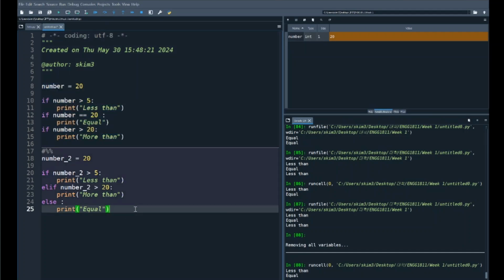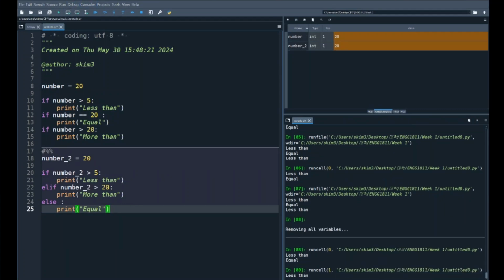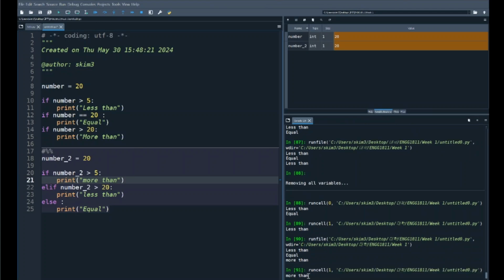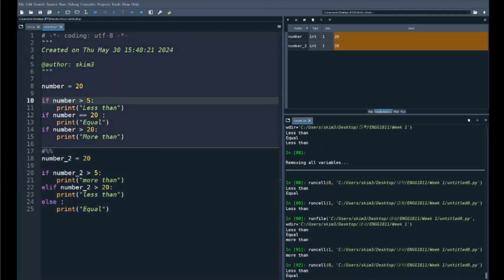So let's try running it with the if, elif, and else. If we run that again, it just prints less than. Yeah, it should be more than, but anyways, if the conditions are related to each other. I'm sorry, this mathematically doesn't make sense. There you go. Run this, and it'll just be more than that. It'll be less than and then equal. So,